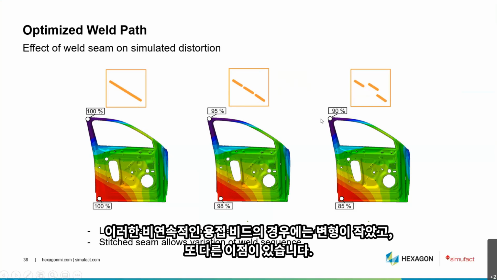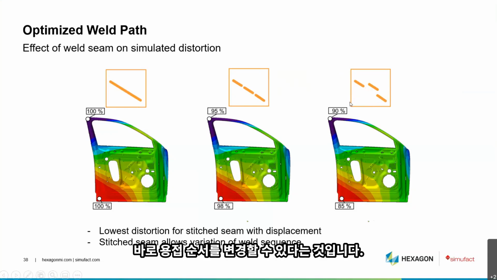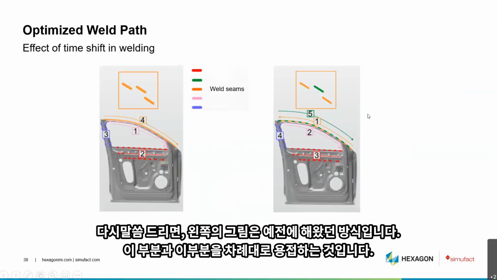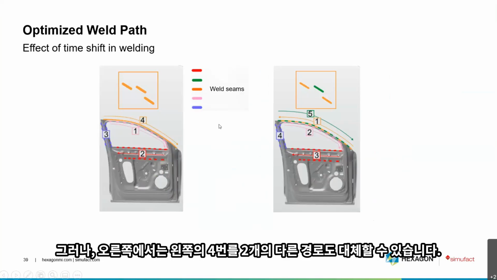So for the stitched seam with displacement, there's the lowest distortion, and this kind of seam has another benefit. It allows for variation of the weld sequence. That means this is what we have seen before, doing this, then that, this, and then that. Of course, the order can change,